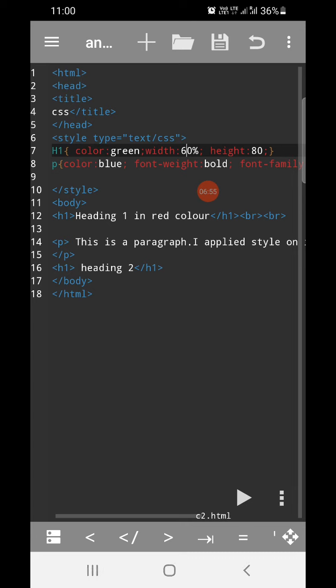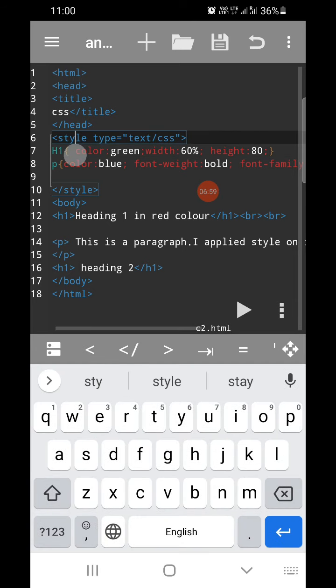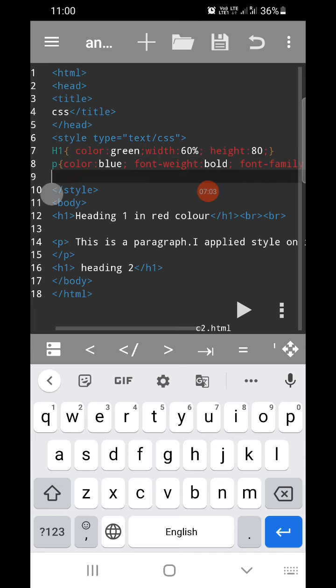This is the internal style sheet, as the name says, internal. Here the style is used as a tag. You can give the values here, you have to close it, and then within the body tag you can use the tags. So if you have already made a web page, you just need to add this style, and whichever tags you have used, you can simply apply style like this. Fine. Now I'll show you the next one, that is the inline style sheet.